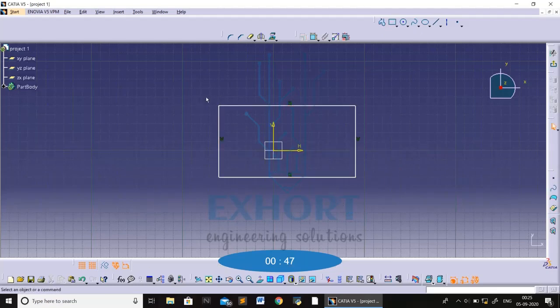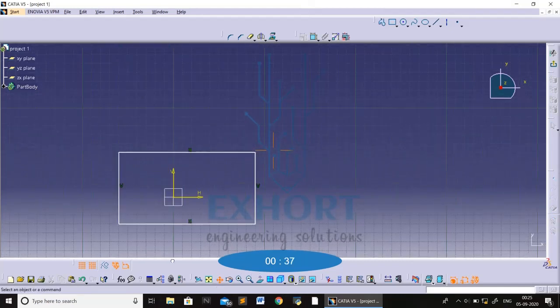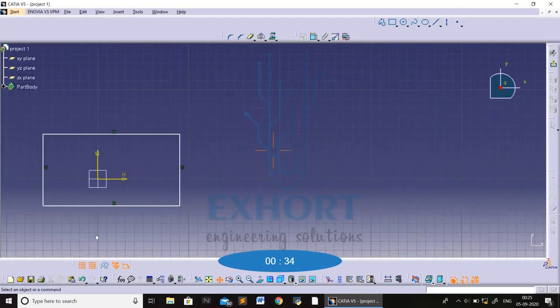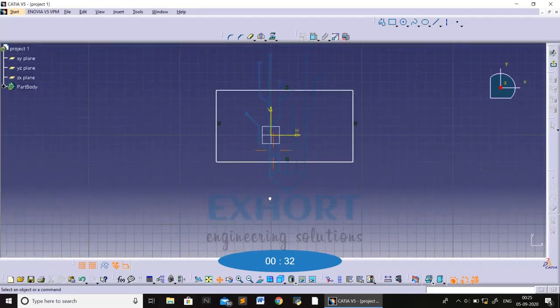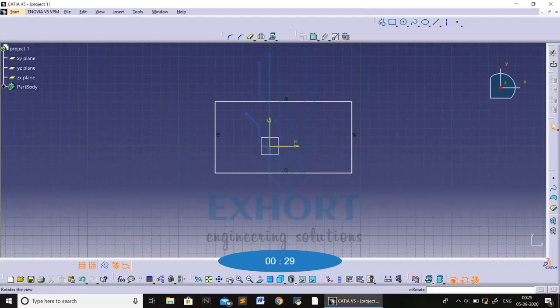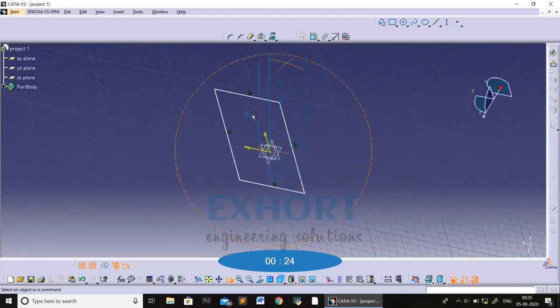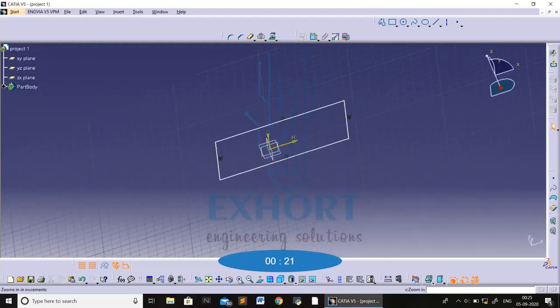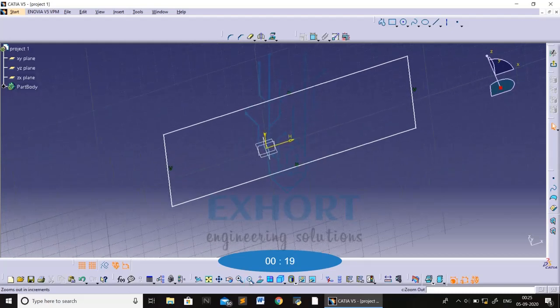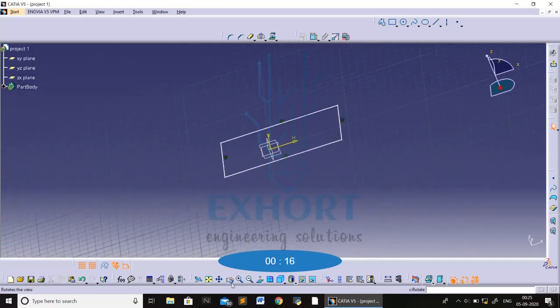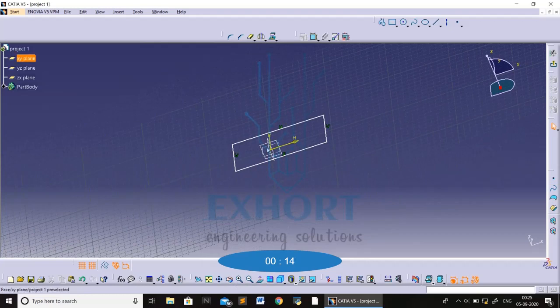So now you will see this object. If you want to move it up, down, or left to right, at the bottom you will see the pan command. Just click it and you can move it up, down, left, right, just like that. And if you want to rotate it, here is the rotate command. You can rotate your object. And if you want to zoom in or zoom out, there are two commands here. If you want to see this object in normal view, here is the normal view.